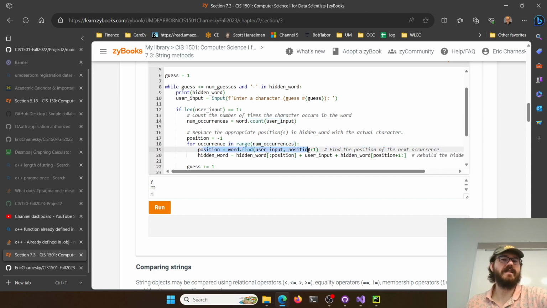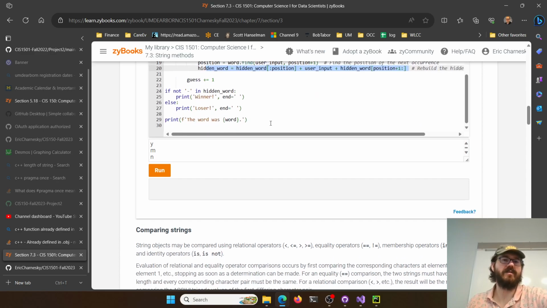Then they go and find that position, and then they reslice the word to put it back together because their hidden word has a bunch of dashes in it. That seems like a lot of work for me. I don't know. I don't like this approach, but they're just demonstrating with string slicing here. I think our approach will be a little easier.